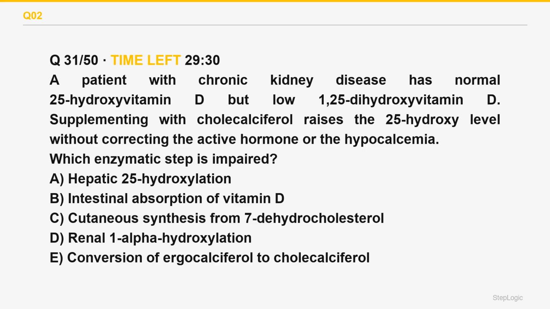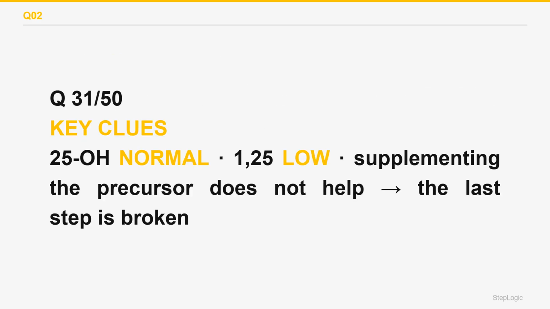Read the command. Which enzymatic step is impaired? Vitamin D is activated in 2 organs, and the laboratory pattern says which one has failed. Vitamin D activation proceeds in 3 locations. Skin converts 7-dehydrocholesterol to cholecalciferol under ultraviolet light. The liver performs 25-hydroxylation to produce the storage form measured clinically, and the kidney performs 1-alpha hydroxylation to produce calcitriol, the active hormone,